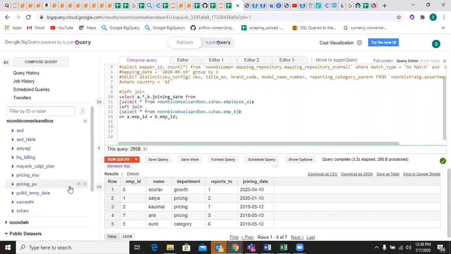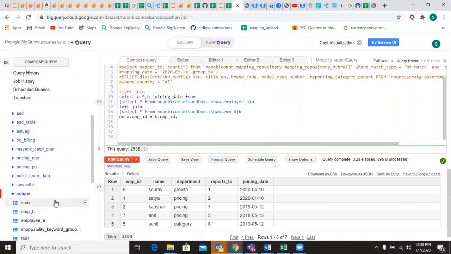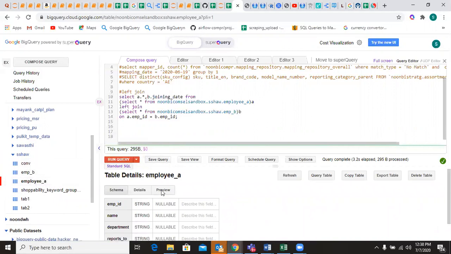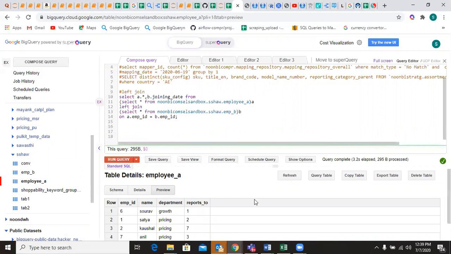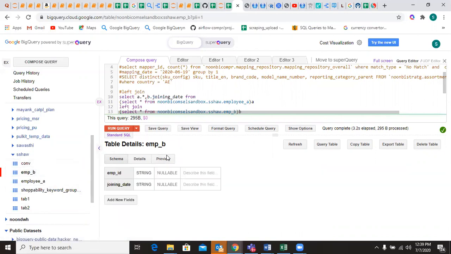Now going to the tables, I have taken a left and a right table. You can see over here in the dataset there are two tables I have created. One is my employee A. What does employee A contain? I'll give you a preview of that. It contains 4 columns. The first column is the employee ID, the second column is the name of the employee, the third is the department in which he is working, and the fourth column is to whom he reports, like who is the supervisor for him. If you notice furthermore, there are a total of 7 observations, 7 rows, present in table A.